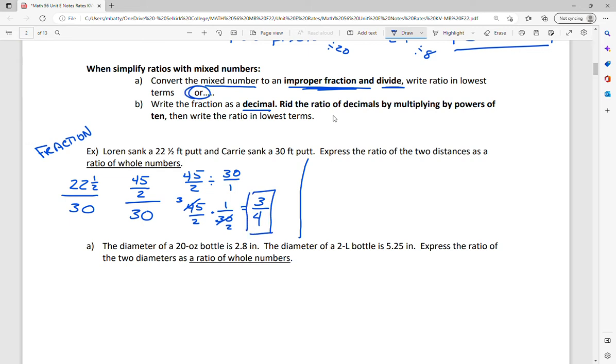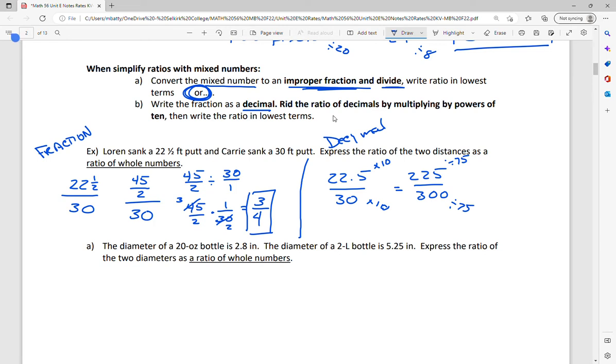So the other way, remember I gave options, and you might honestly choose this way, is write it as a decimal. So I could write it as 22.5 over 30. I want these as whole numbers. So the first thing I'm going to do is multiply the top and bottom by 10 to get rid of the decimals. So then I get 225 over 300. It's writing equivalent fractions, kind of the reverse of reducing them. And now I could reduce it to whole numbers, right? If I divide the top and bottom by 75,